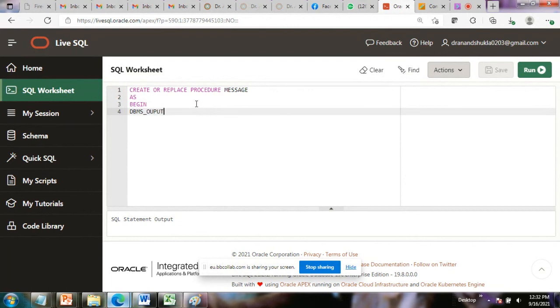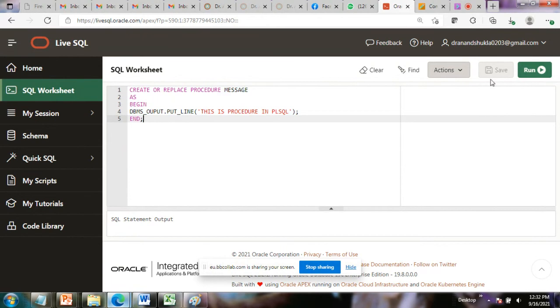dbms underscore output dot put line. This is procedure in PL/SQL. Simple. And now you have to execute this program.